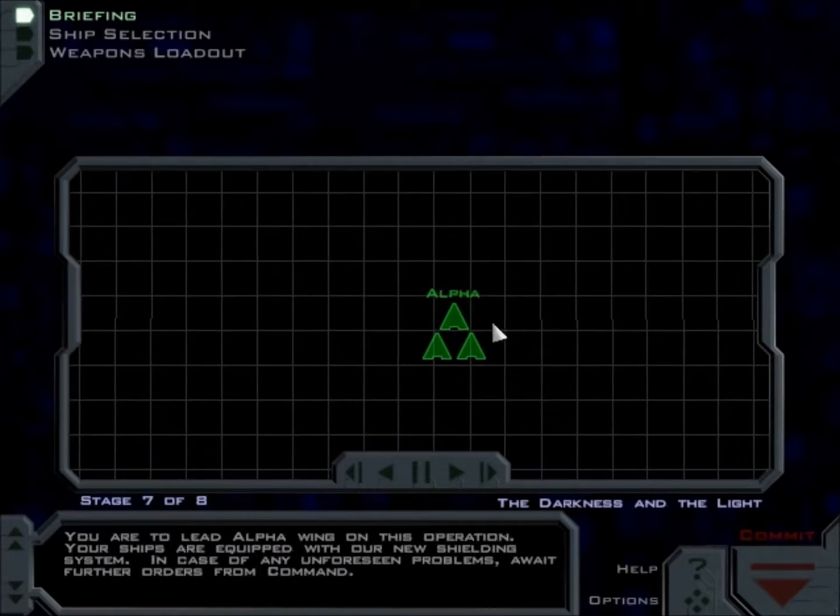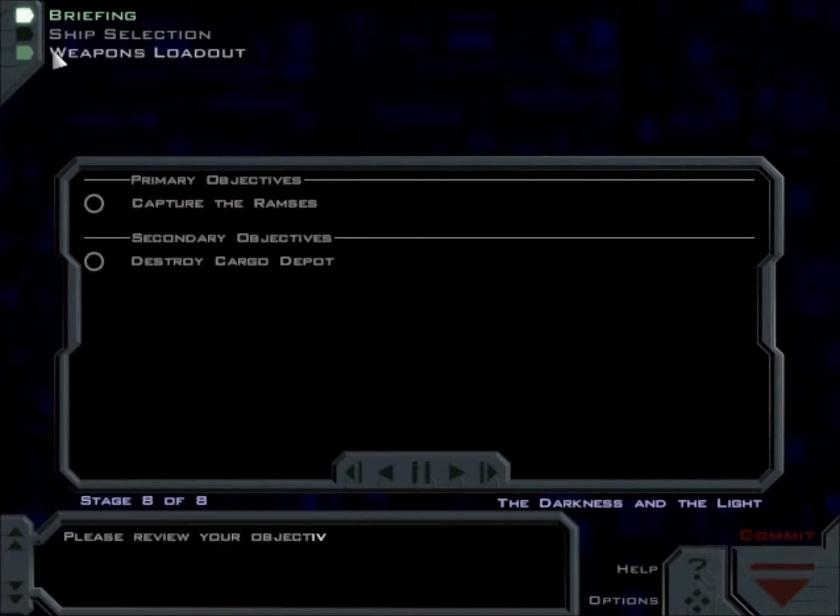The containers store Vasudan supplies useless to the GTA. You are to lead Alpha Wing on this operation. Your ships are equipped with our new shielding system. In case of any unforeseen problems, await further orders from command. There's going to be a couple of those, so...